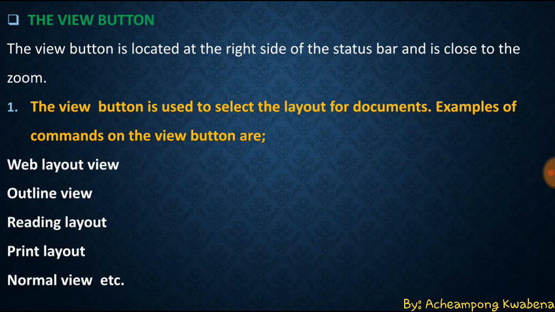So that is the position of the view button. The main function of this button is to select the layout of the document. Examples of the commands that can be seen on the view button are, we have web layout view. When this is clicked, it will change the page to a web layout view as we normally see